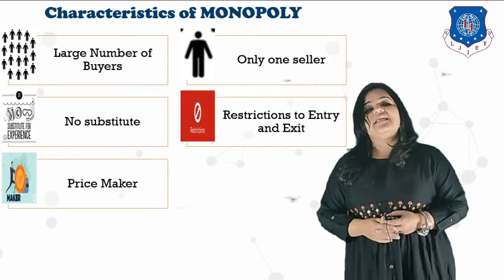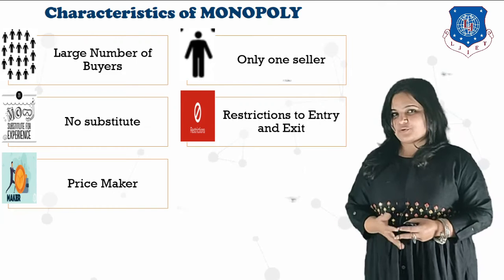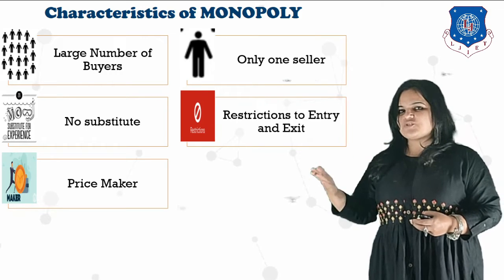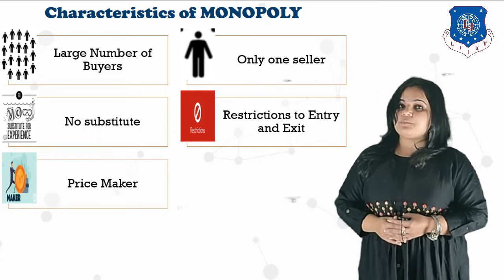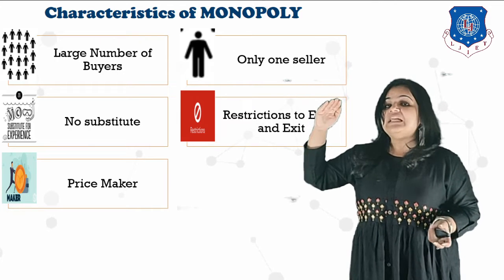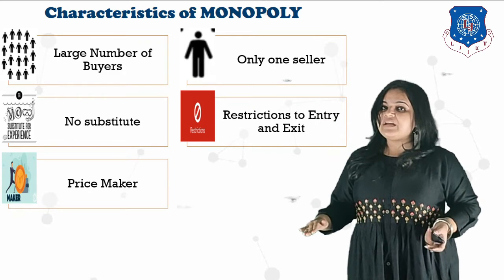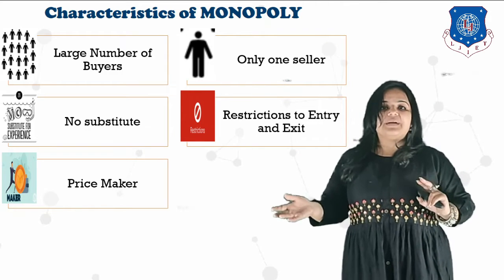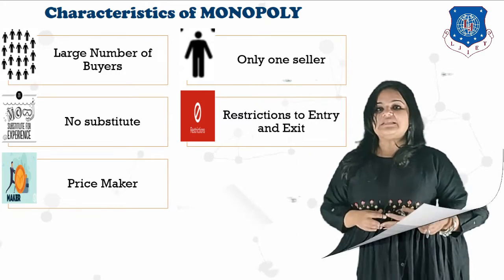In monopoly, the sellers are price makers. They can quote their own price because they are in monopoly. They can quote their own price, but they can quote either the price or the demand. The law of demand is true also for products in monopoly, where if you raise the price too high, its demand might decrease, and if you keep the price too low, its demand might increase a lot. So you will have to manage your price and demand accordingly. According to your production, you will keep your prices. Moving forward,